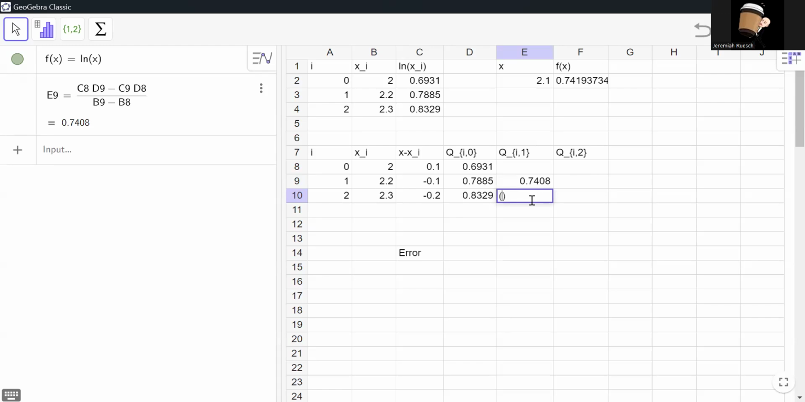So let's go ahead and continue with this. We're going to go here, doing the same thing. We're going to look at C9. We're going to multiply that by D10. And then from that, we're going to subtract C10 times D9. And then from that, we're going to subtract D10 from the result you would expect, which